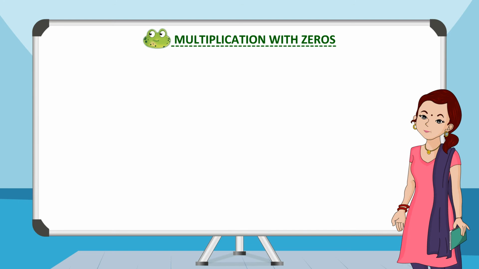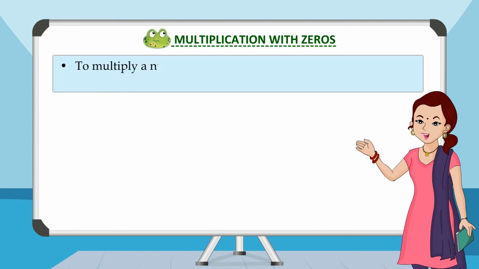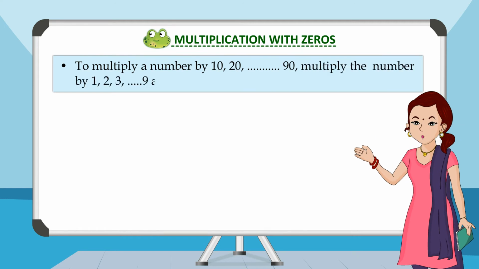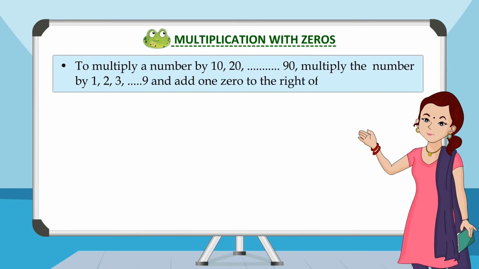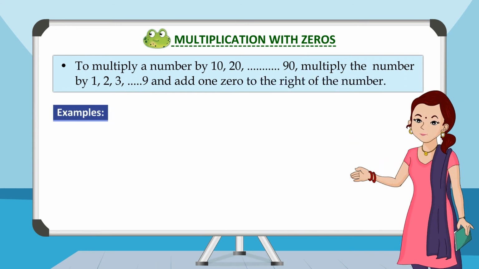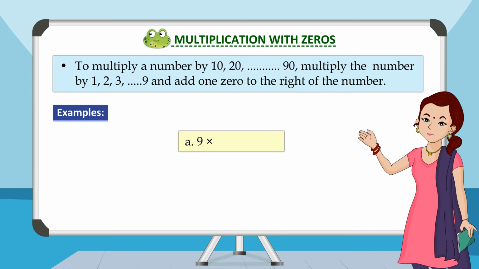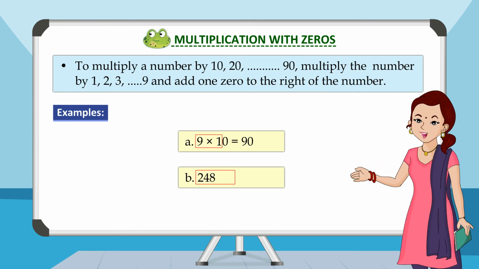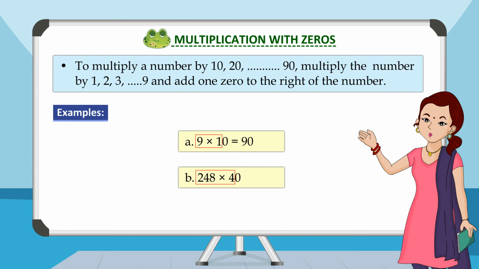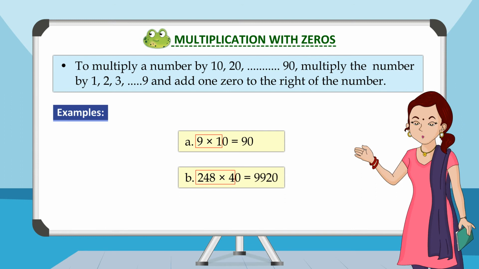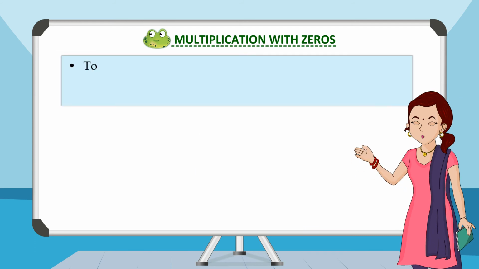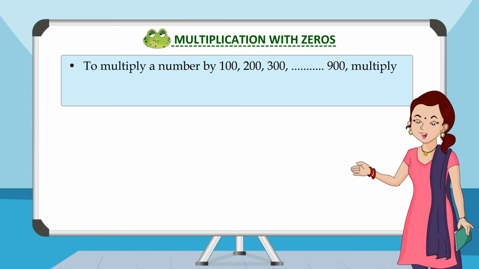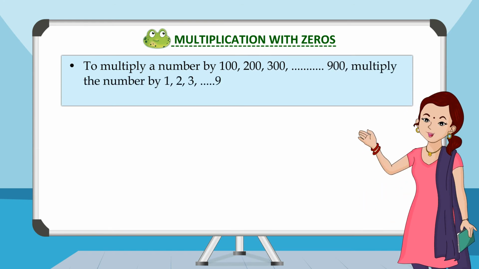Multiplication with zeros. To multiply a number by 10, 20, 90, multiply the number by 1, 2, 9 and add 1 zero to the right of the number. Examples: A. 9 into 10 is equal to 90. B. 248 into 40 is equal to 9,920. To multiply a number by 100, 200, 300, 900, multiply the number by 1, 2, 3, 9, and add